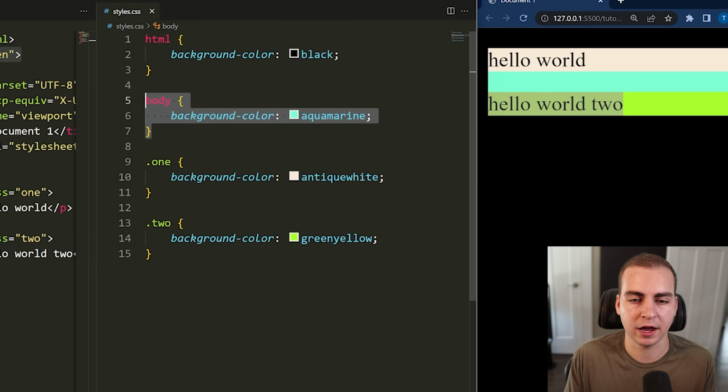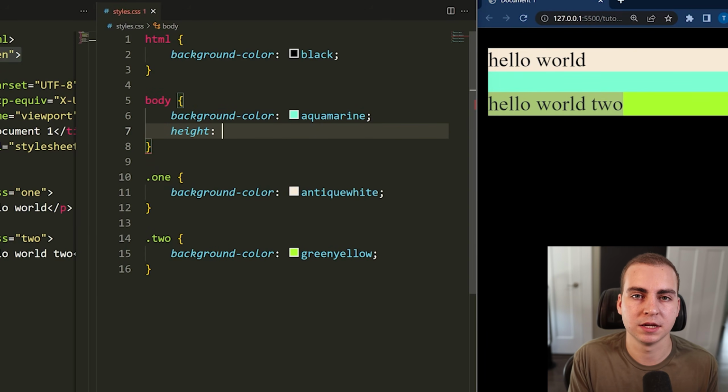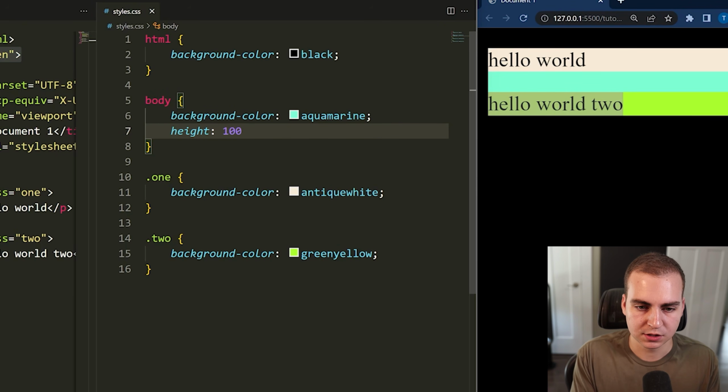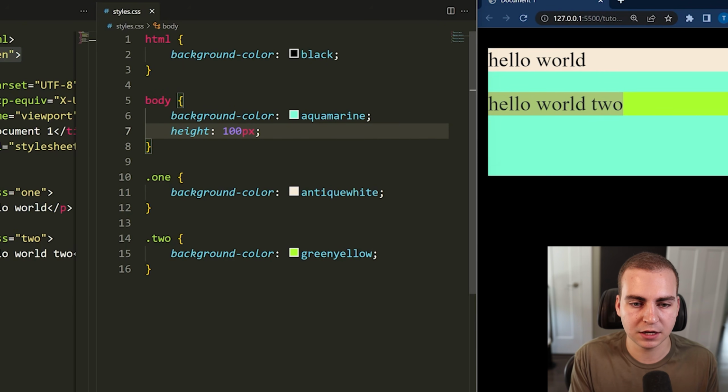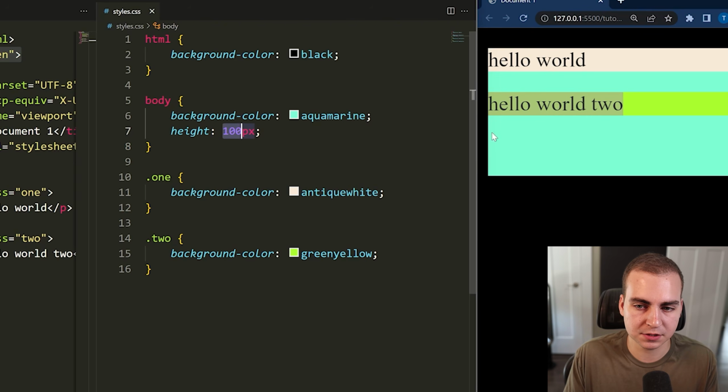All right, hopefully that makes a little bit of sense, but let's see now how we could change the height of our body. So if I go to height here, there's a bunch of different ways to do this, right? I can try using percentages, I can use pixels, I can use REM, which I'll talk about in a second, but let's look at the most common, which is probably pixels. So I can specify manually the height of my body by using this px unit, which stands for pixels. So if I say 100 pixels, now you can see that my body is 100 pixels,